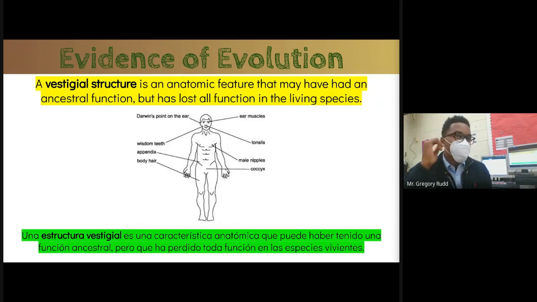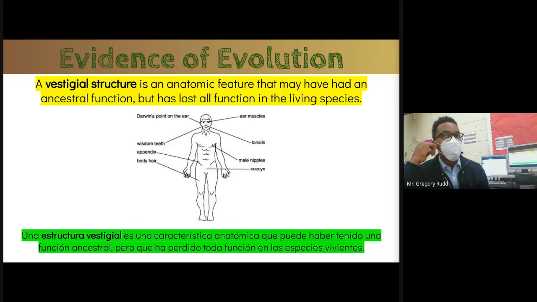Ear muscles. You're going to see a video about ear muscles, but some of you might have noticed that if you hear a sound kind of off in the distance to one side of your head, your ear kind of jumps a little bit. Does anybody notice that? Or if you try to raise your eyebrows, you can feel your ears moving a little bit too. That's not just because your eyebrows are pulling your ears, it's because you have muscles that move your ears. Can anybody think about why that is?